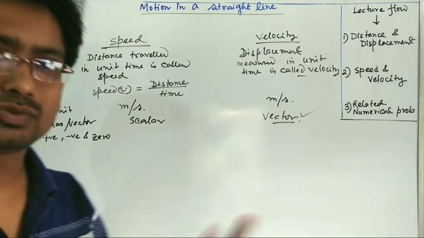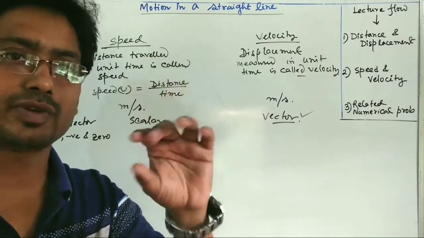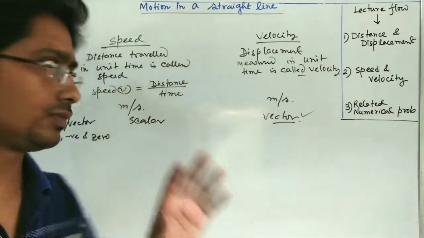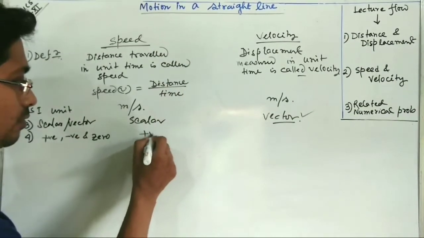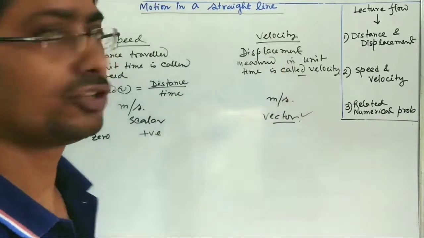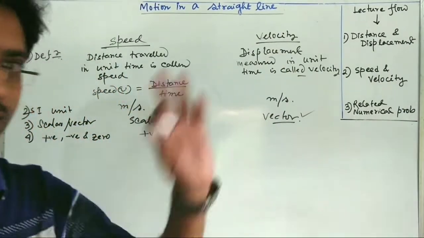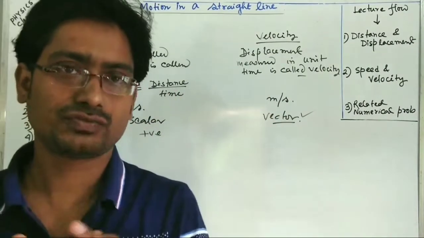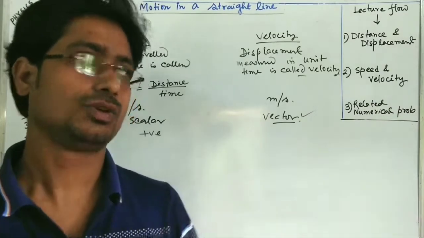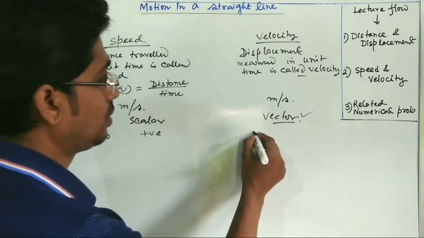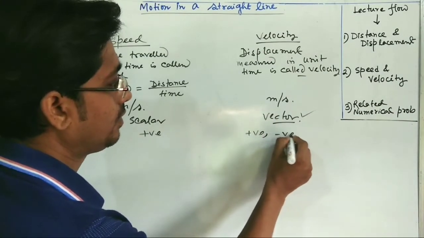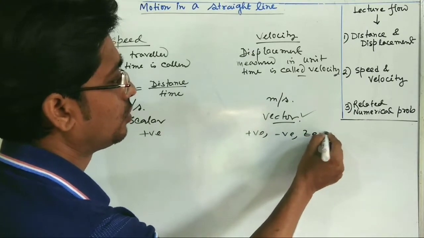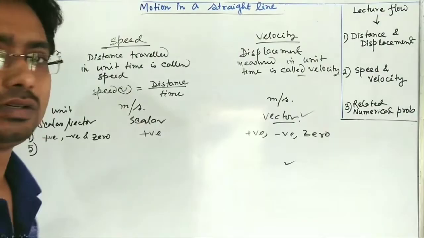Speed, I have told you, derives from distance, and distance will always be positive, so speed will always be positive. And the velocity derives from displacement. I have told you displacement may be taken as positive, negative as well as zero. So velocity may be positive, negative as well as zero depending on the situation. Now the fifth point,